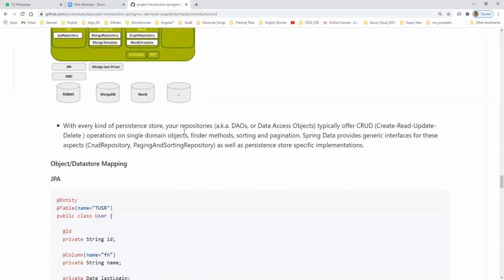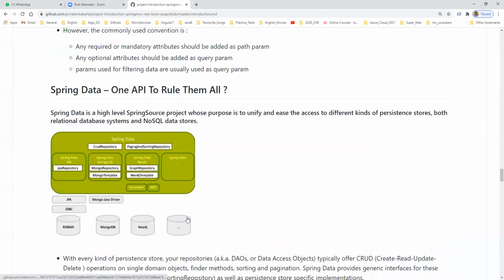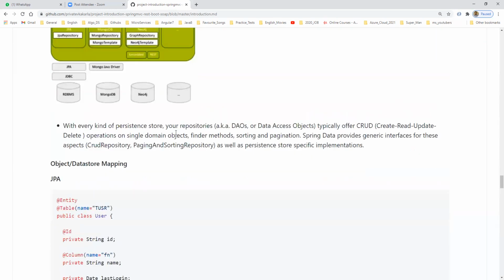With every kind of persistent store, your repository called DAO typically has CRUD operations on a single domain object, find methods, sorting and pagination. Whenever we require pagination, we can do it. Spring Data provides generic interfaces for these aspects: CRUD repository and paging and sorting repository, as well as the persistent storage specific implementations. Whatever we discussed here is what they mentioned in a paragraph.